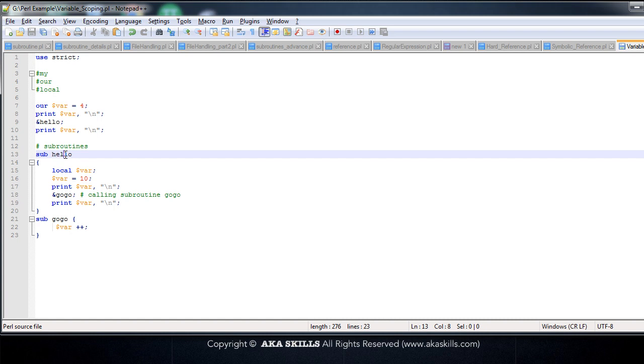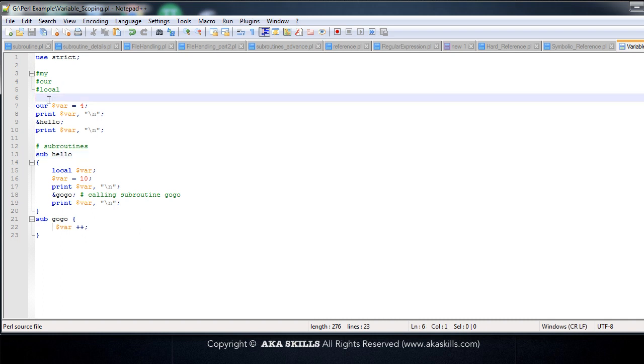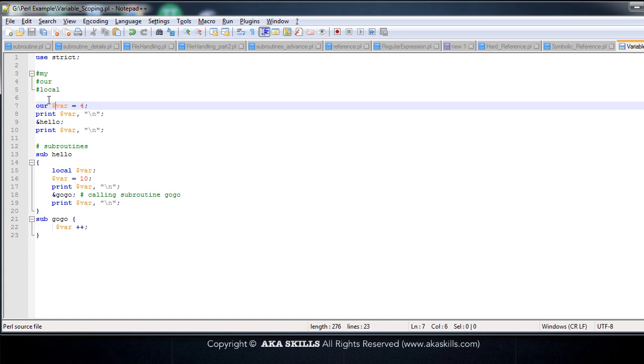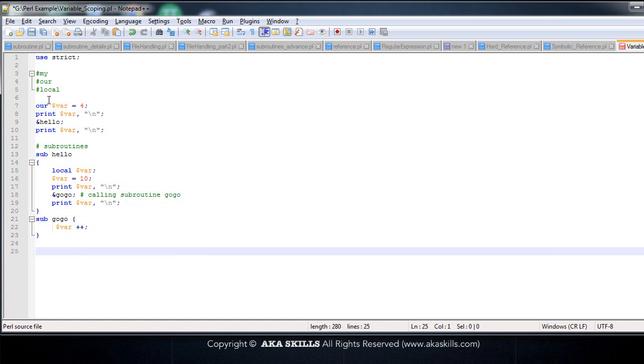Coming to our last type of keyword, that is our. our creates global copies of these variables. When we define a variable using our, that variable can be accessed across packages. You simply need to access that variable using the package name, the scope resolution operator, and the variable name. So the syntax would look something like this. Let's say my variable is $var and my package name is variable_scoping. So what I need to do is print my package name, variable underscore scoping,